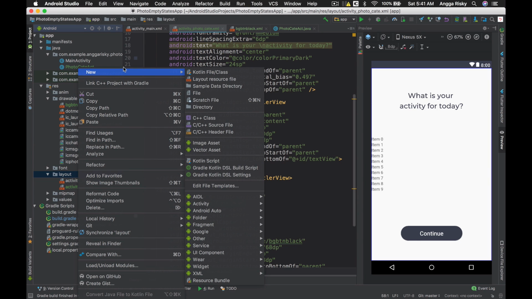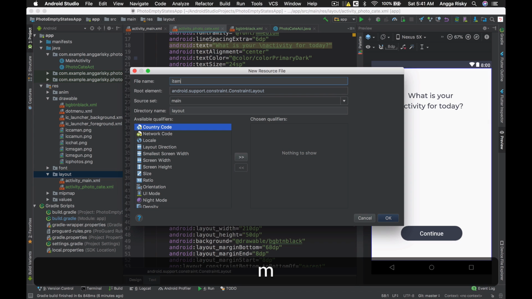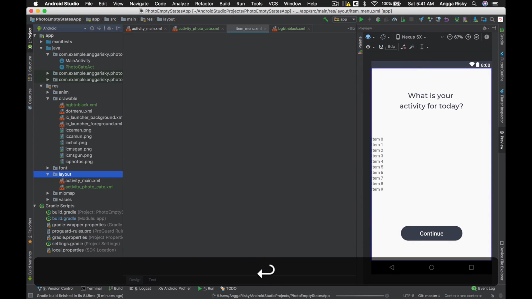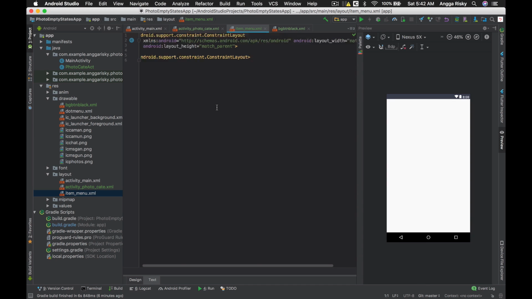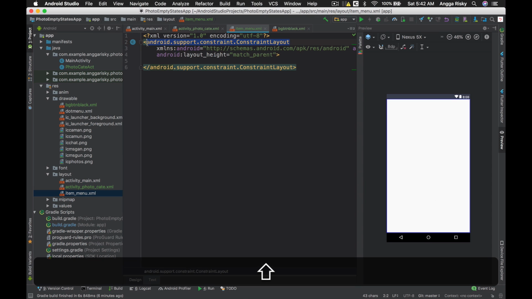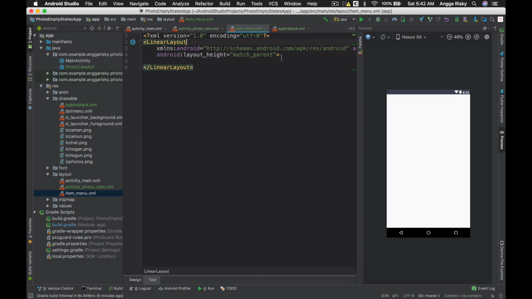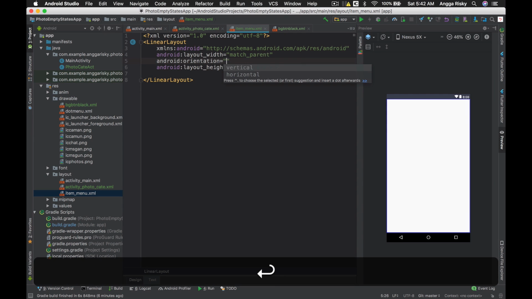And then I am going to make a new layout resource file for the item menu. Okay, and we're heading to the text here, and in this item menu, instead of using the constraint layout, I'm going to use the linear layout. And then we have to give the orientation to vertical, just like that.